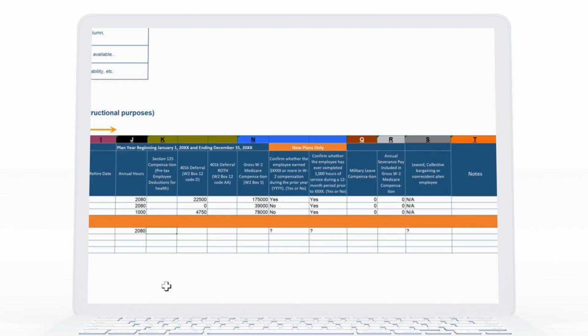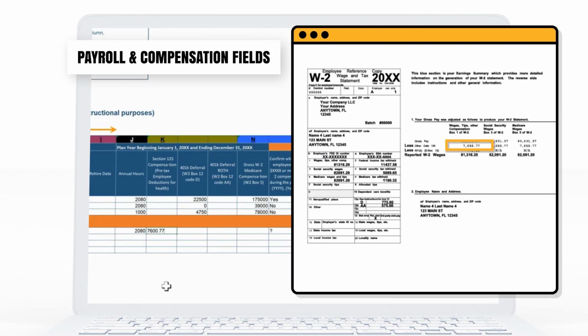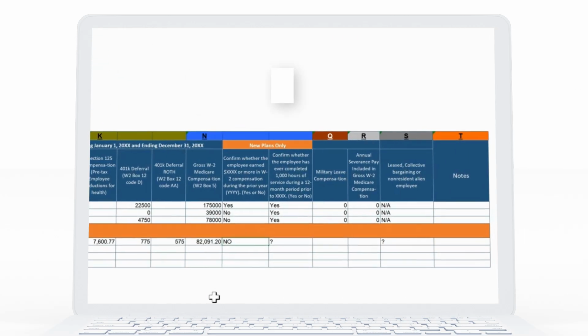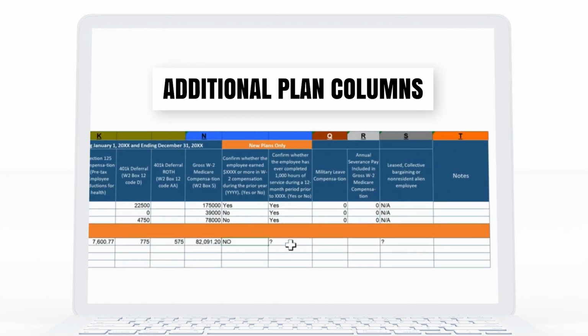Enter Section 125 pre-tax health, often on payroll reports rather than the W-2. In Box 12, code D is deferral and AA is Roth. Show 401k amounts. No code means no contributions. Use Box 5 for taxable gross wages. These are Medicare wages. For new plans, complete the prior year compensation and prior year hours of service, often yes